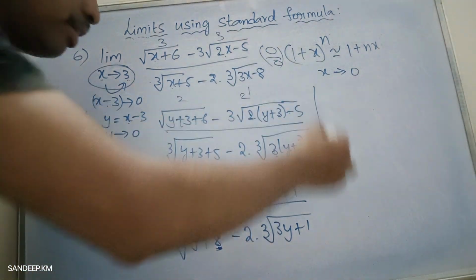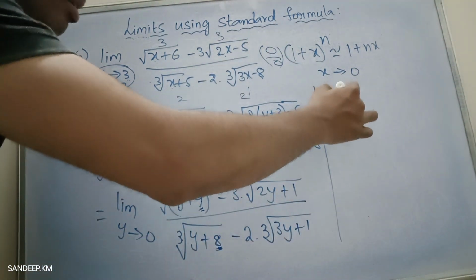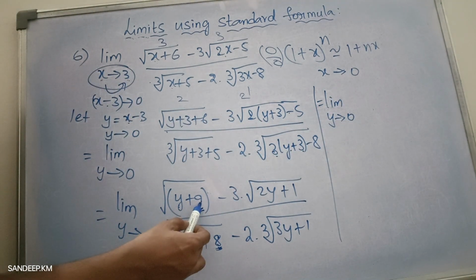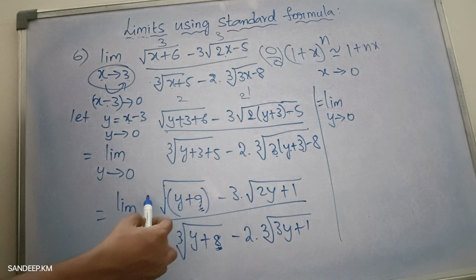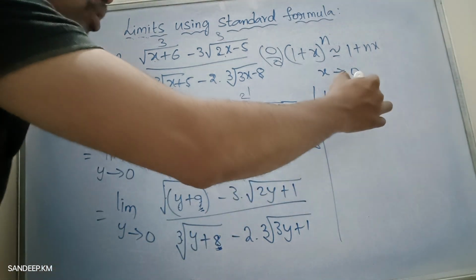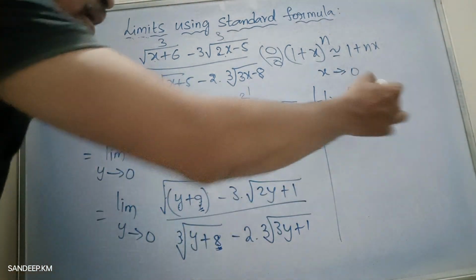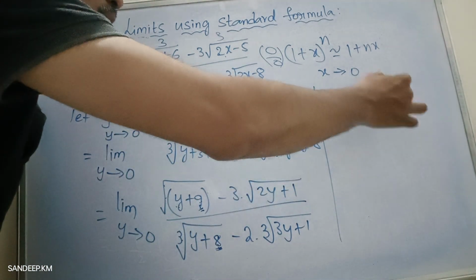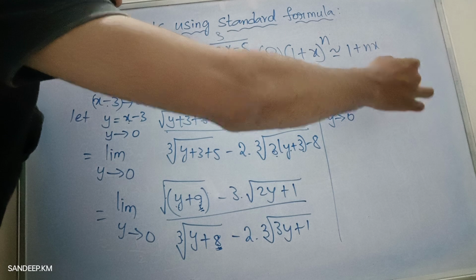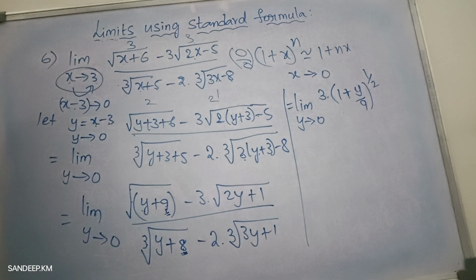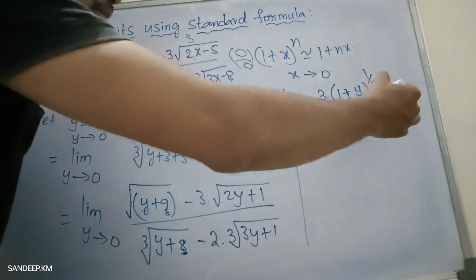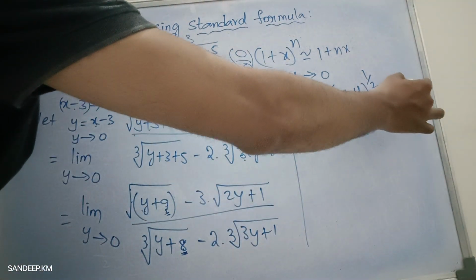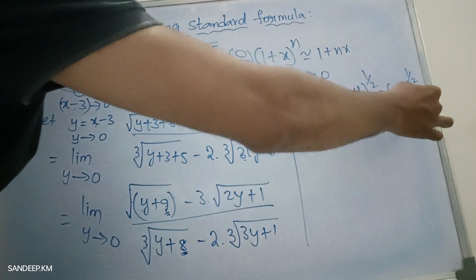So if I convert it, it is limit y approaches 0. Here and here if I take 9 common, and if 9 comes out of the root, it becomes root 9. Root 9 is 3. So 3 into, I took 9 common now, so this 9 becomes 1 plus this y becomes y by 9, and root becomes power 1 by 2. Is it clear? Okay. Minus 3 into, I'll rewrite it as 1 plus 2y whole power 1 by 2, whole